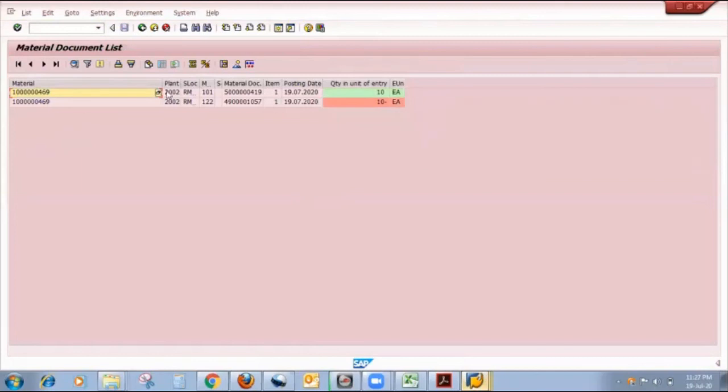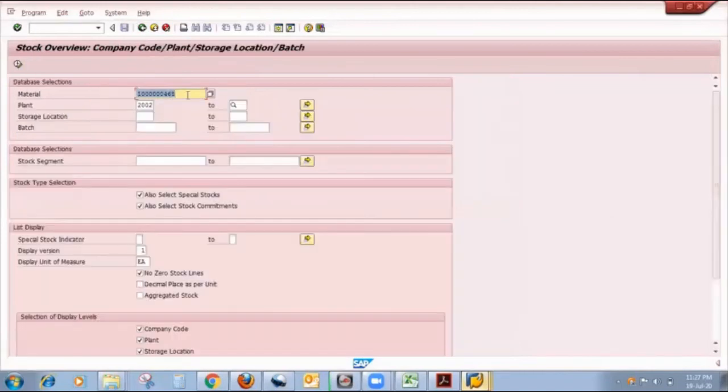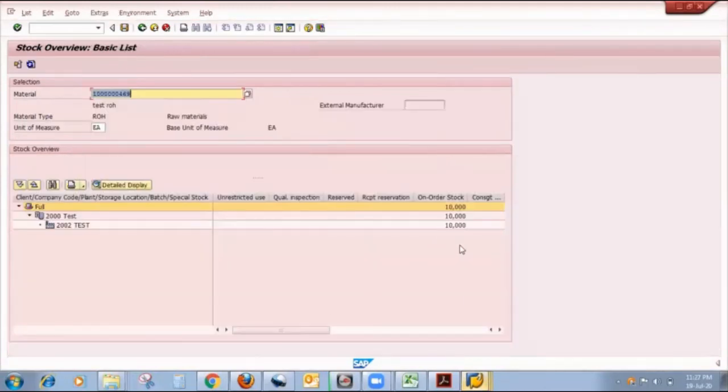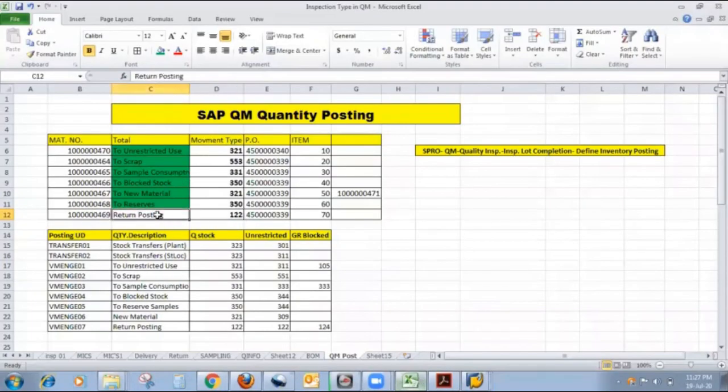In the finished material, you observe that there is 101 movement and 122 movement. 101 movement for goods receipt against purchase order and 122 movement for return posting. And if you see the MMB, that is the stock overview screen, after refreshing it, you observe that there is on order stock 10 quantity, that is the return posting.